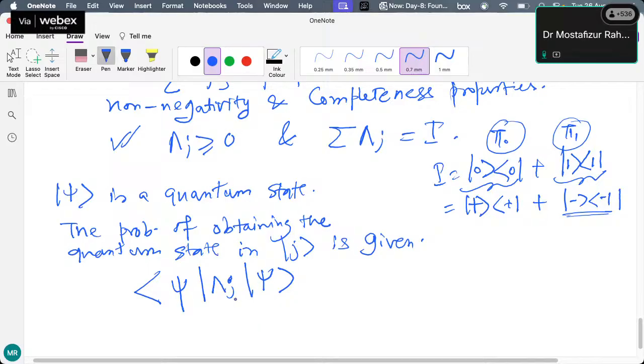It's just like an expectation representation, given a pure state. A pure state means there is certainty in the state psi, that is, you do not have an ensemble representation. So pi 0 and pi 1 are POVM operators, correct?